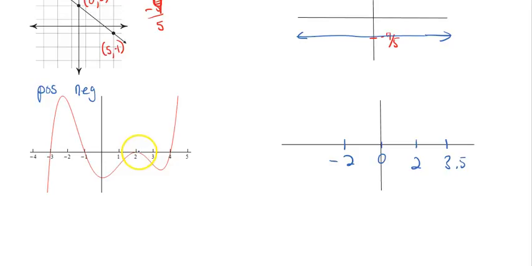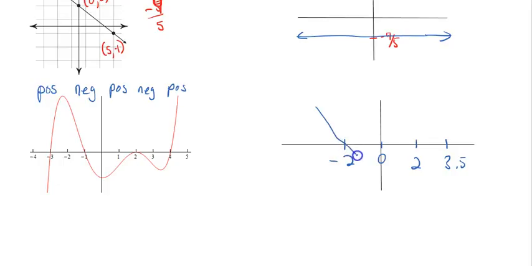Between 0 and 2, we're increasing, so our derivative graph will be positive. And then between 2 and 3.5, we're downhill again, so derivative would be negative. And then from about 3.5 on, we're uphill, so our derivative would be positive. So if I cover that up, I am positive before negative 2,